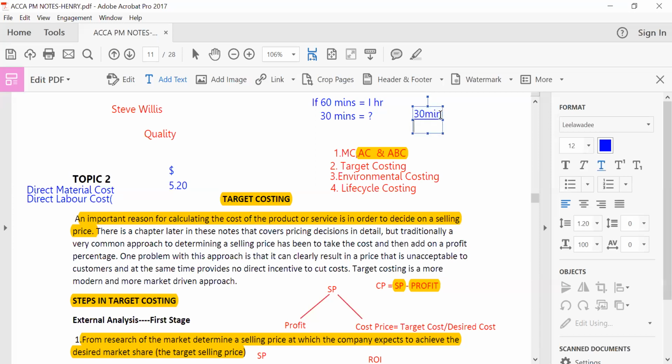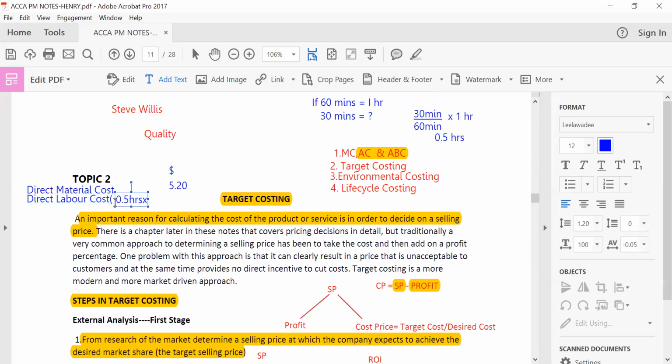So divided by 60 minutes. So I just say 60 minutes, then times 1 hour. At the end of the day, what answer am I getting? I'm going to get 0.5 hours. So the time available here is 0.5 hours. So I picked up that 0.5 hours